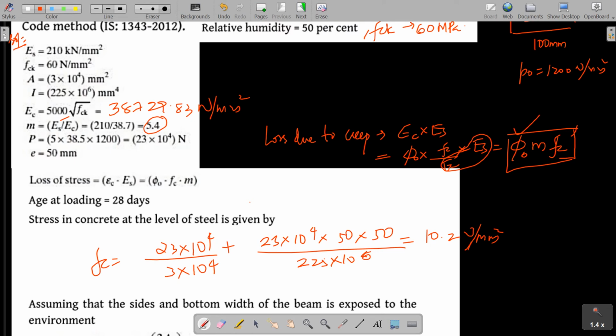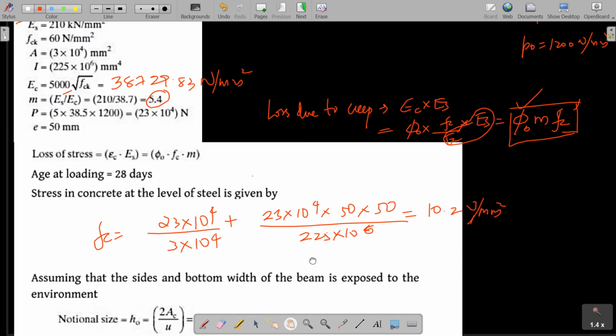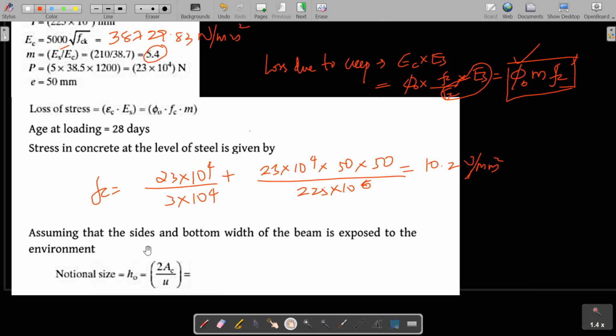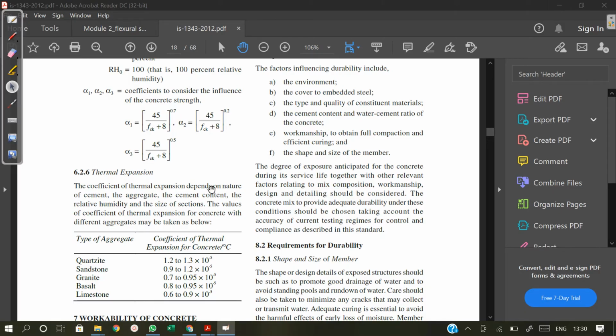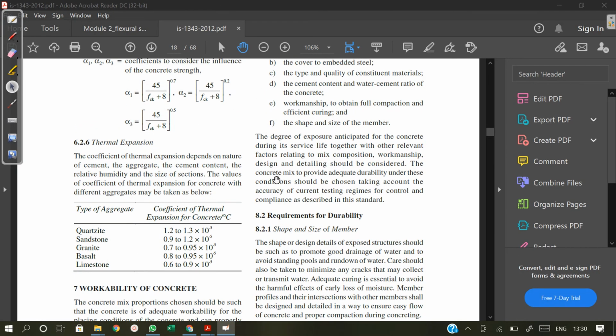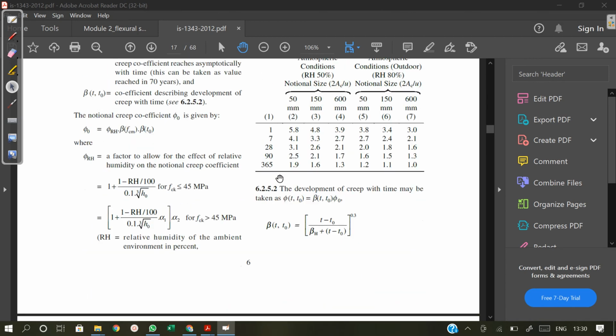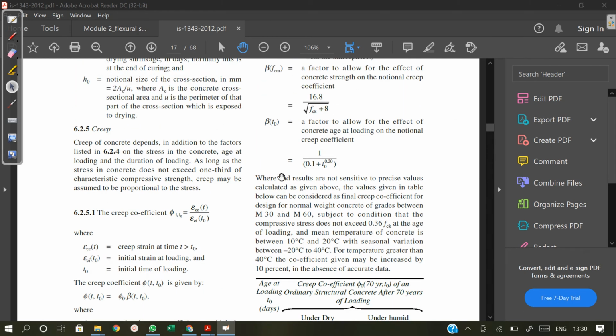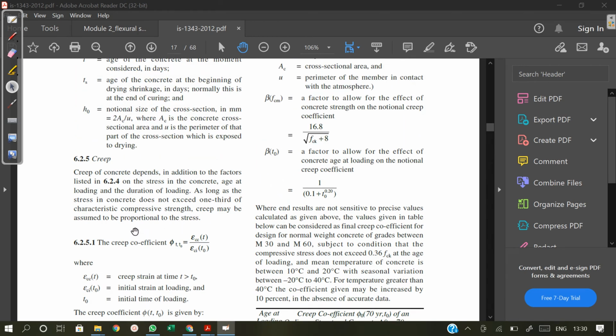So the F value is now done. You need to calculate the value for your phi naught, assuming the sides and bottom of the beam are exposed to the environment. Before that, we will see how to find the value for your creep. So the creep coefficient, in order to find the creep coefficient, you need to have the phi t,